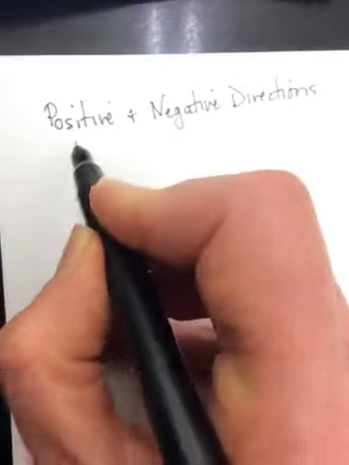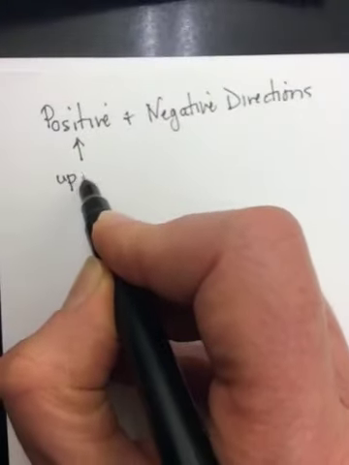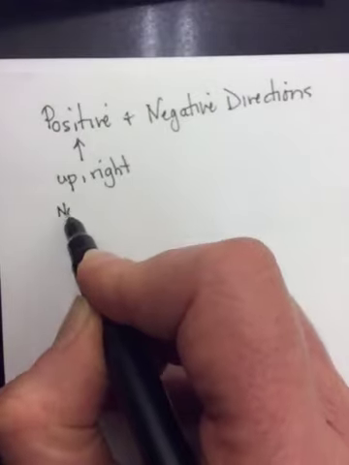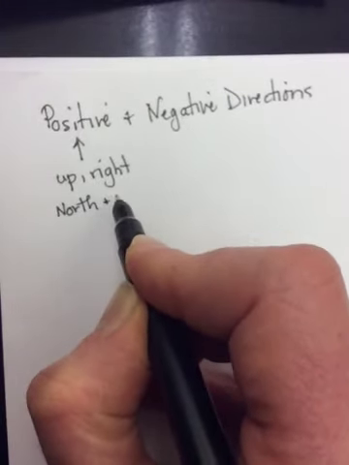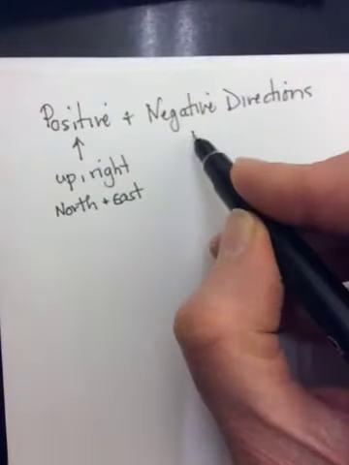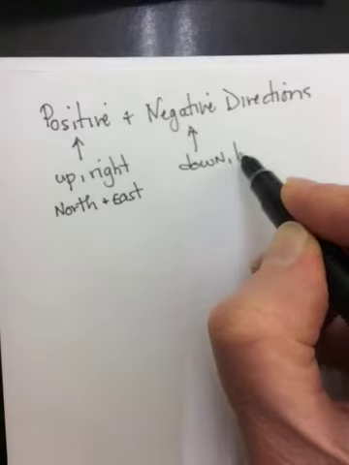So usually, oh, my hand keeps causing a glare there. Usually positive are up, to the right, north, and east. Okay, so those are the directions we usually consider positive, whereas negative would be down, to the left,